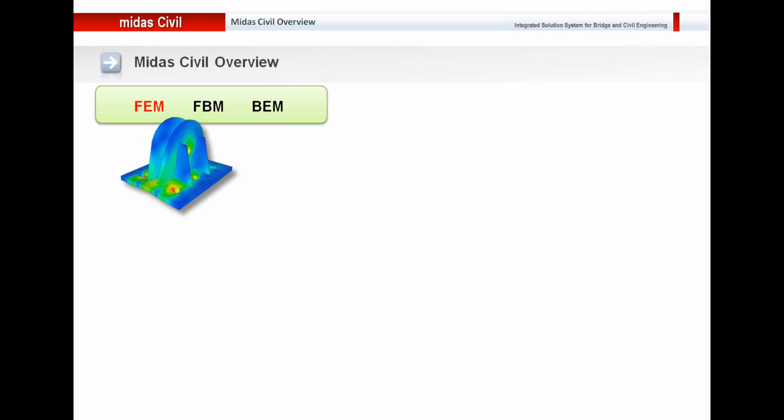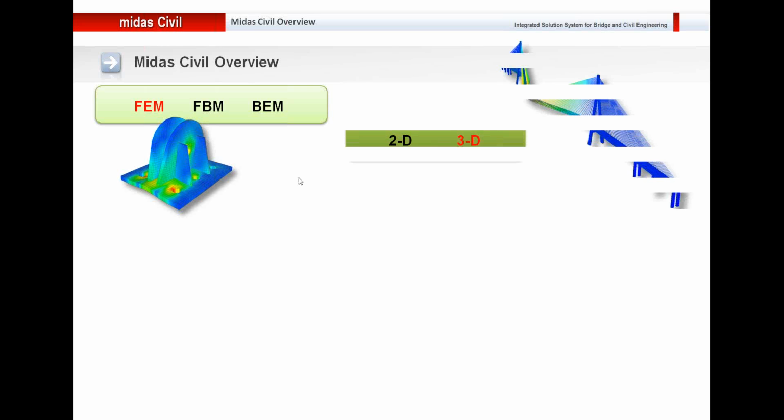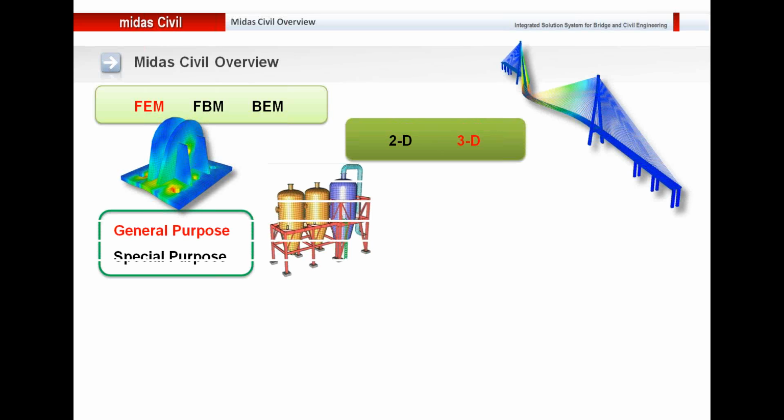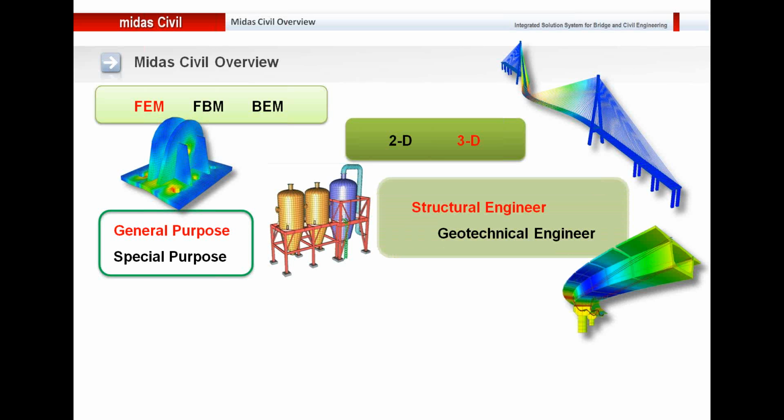It works on the theory of finite element analysis, and you can perform 3D finite element analysis in Midas Civil. It's a general purpose software. You can model not only bridges, but if you are into plant structures or subway structures, you can do that in Midas Civil. And generally Midas Civil is used by structural engineers to perform analysis on different structures he's